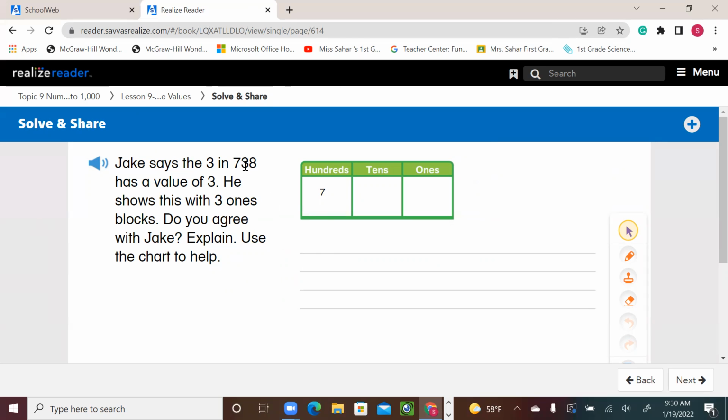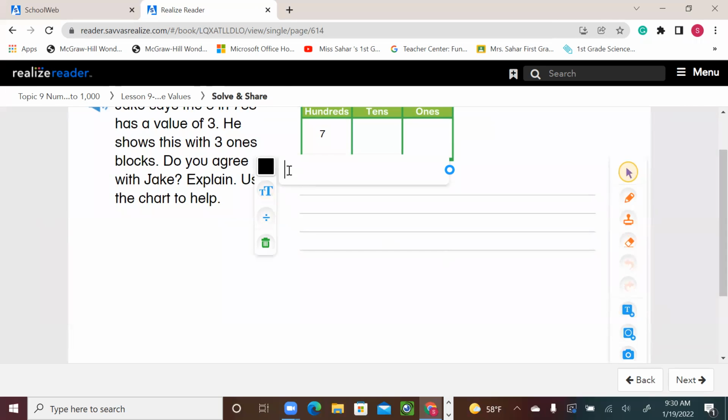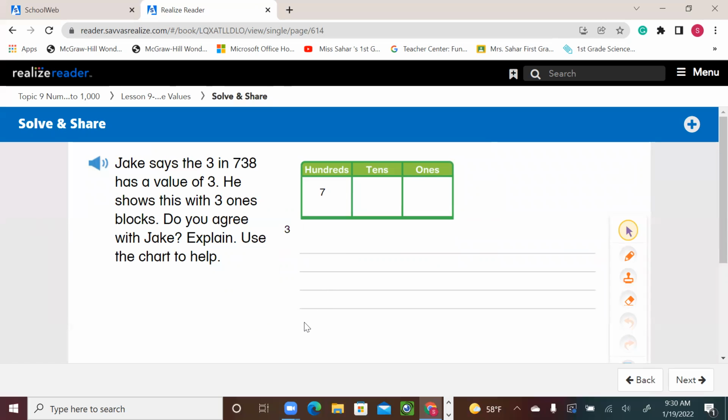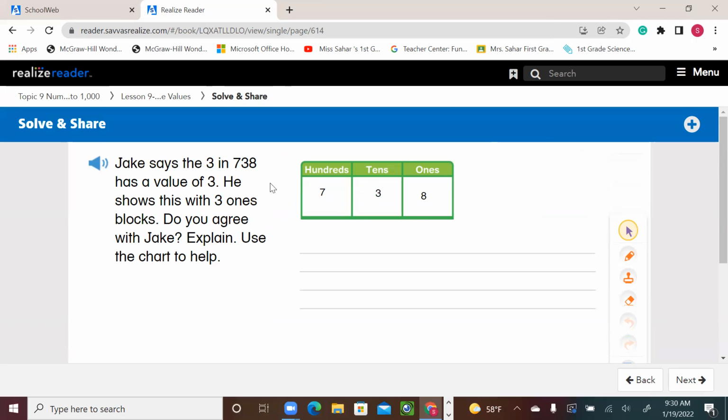And then 30, that's the tens. That's going to go under the tens. And the value for it is 30. And then 8 ones will go under the ones in my chart. I'm going to write 8 and put it here. So this is what my number says,